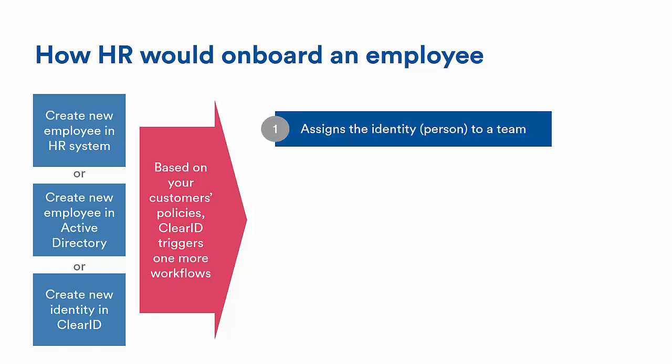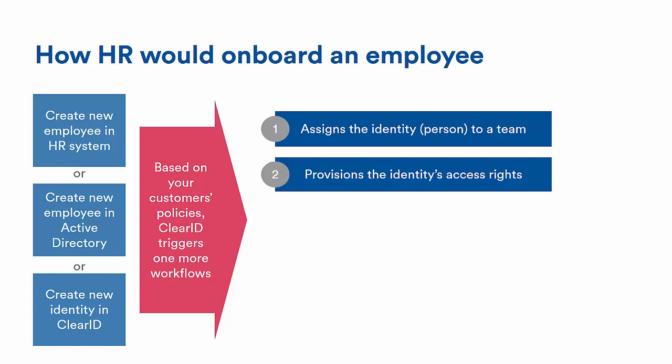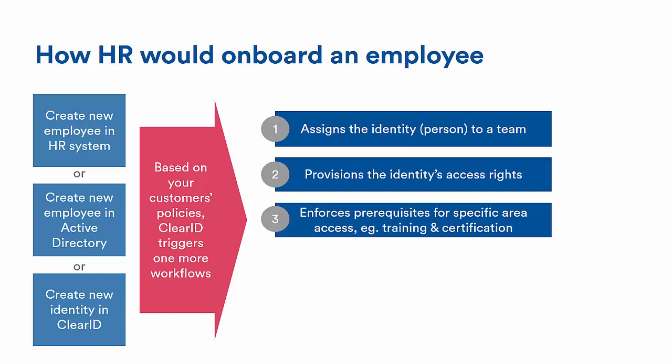It can assign the identity, the person, to a specific team. Then it would provision the identity's access rights. It would then enforce prerequisites for a specific area, like life and safety training required to access the warehouse, or perhaps it's a drug test that is required to be negative within 90 days, proof of a drug test being